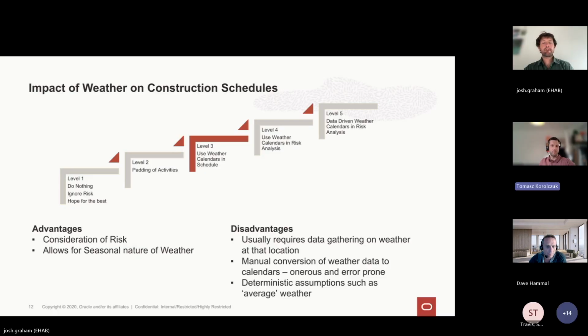And this method is also deterministic, right? You need to say, I'm blocking off those specific days, which, as we all know, might not be the case. When I was working in the US on the Ohio River Bridges project, we had a flooding event that stopped everything for over 3 weeks. And we couldn't have predicted that it was going to happen exactly on those 3 weeks. And blocking off any 3 weeks in the calendar, everyone would raise questions to that.